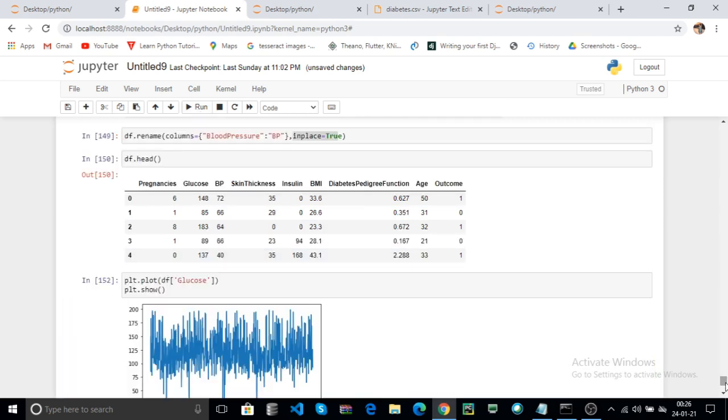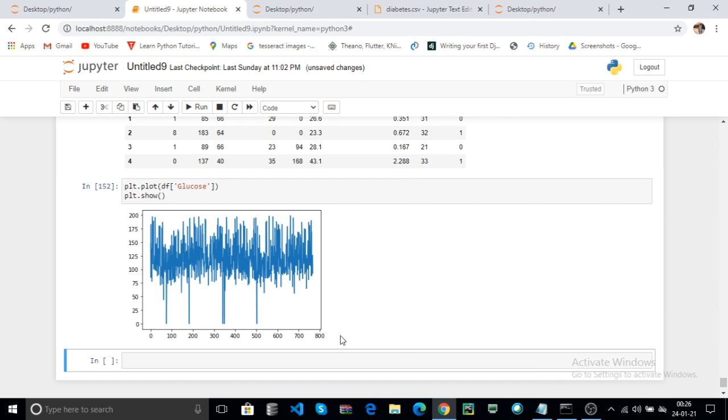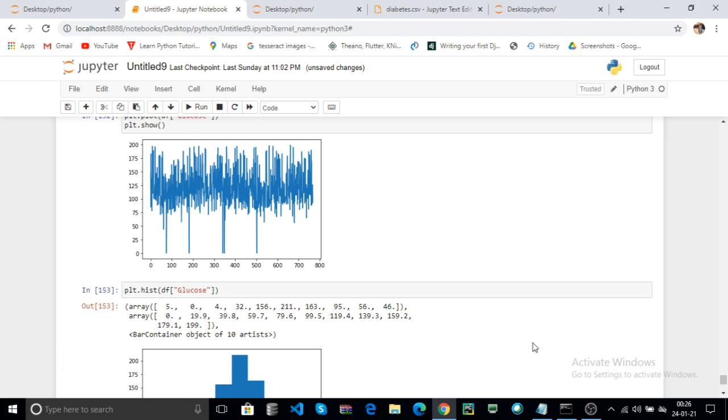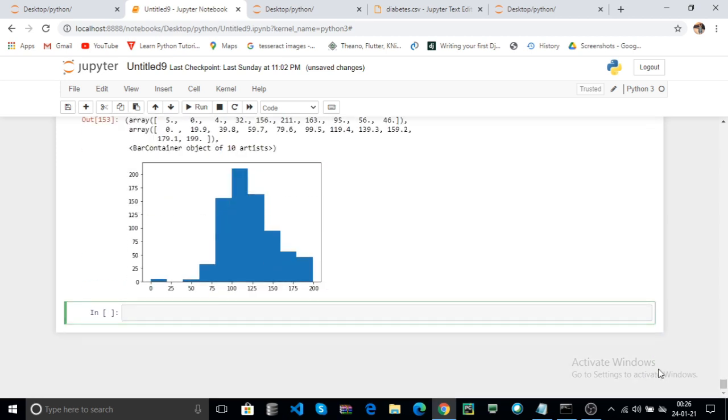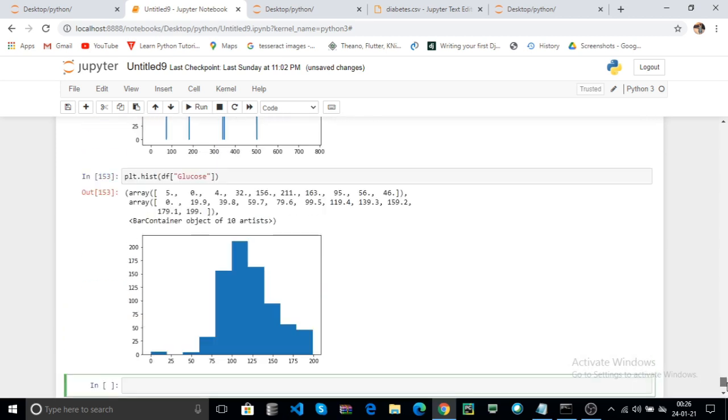Here it directly returns the image. You can also use plt.hist, which returns the histogram of your data. Here df of glucose. Click on run. Here it returns the glucose histogram.